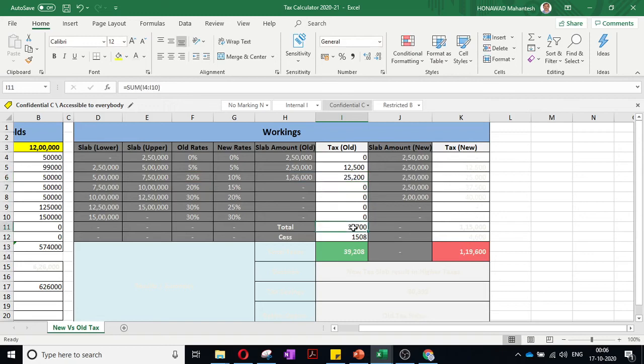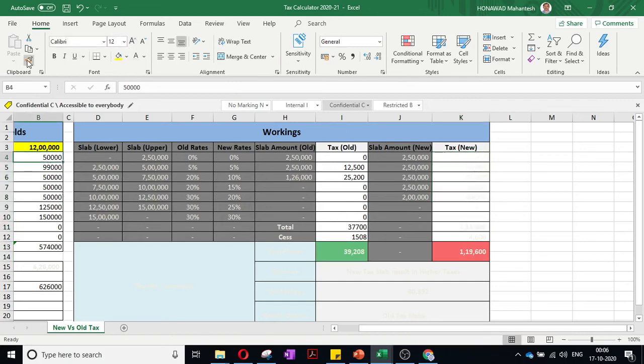So for the remaining 6 lakh 26, you are going to pay 37,700 tax to the government. Cess is 4%, so you will pay 39,208. But if you don't have a home loan, you have not invested in ATC, or NPS or anything like that, then no need to give any proofs.